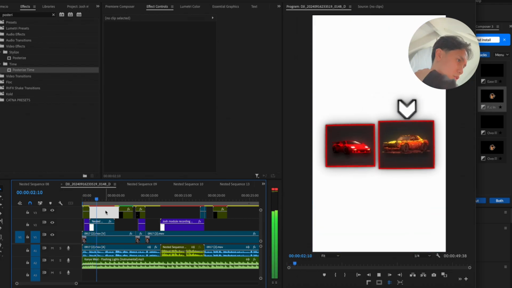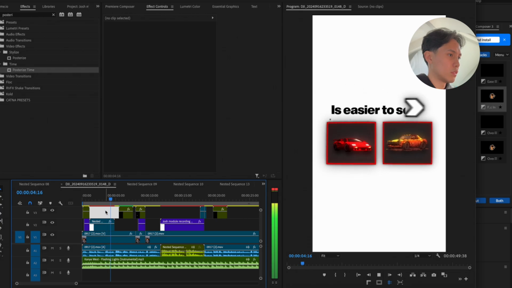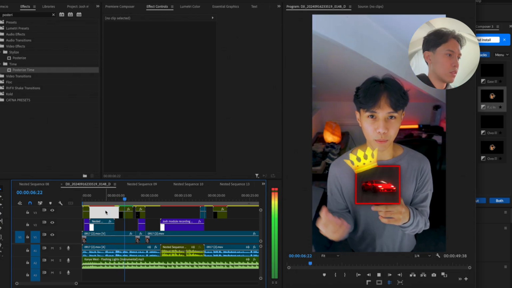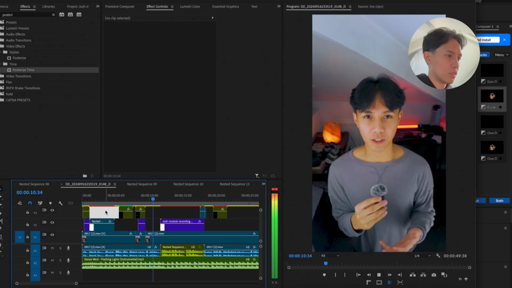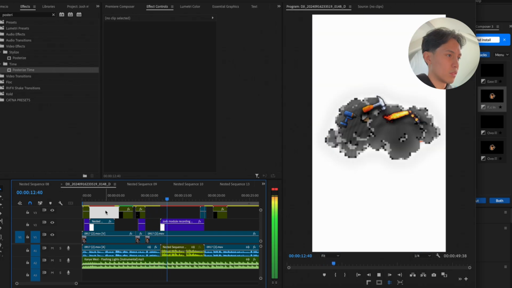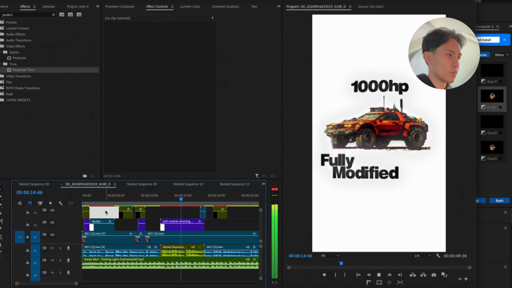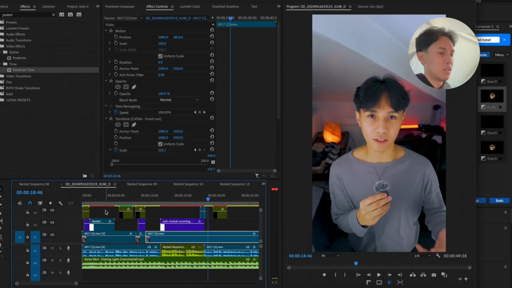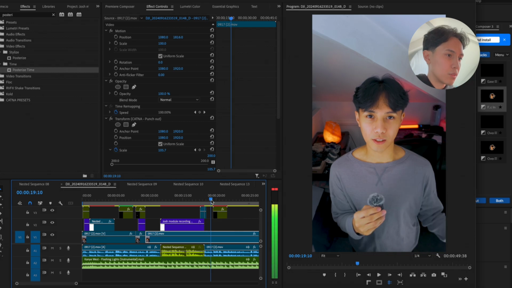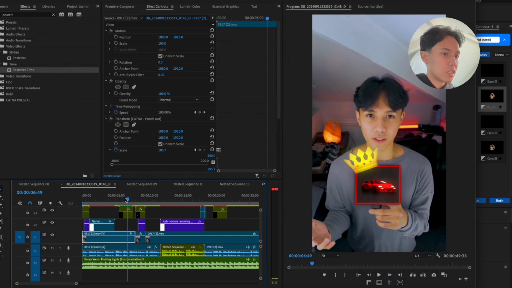Quick question. Let's say these two cars cost the same price. Which one is easier to sell? Well, isn't it obvious? It's the Lamborghini. And I bet you're wondering why the fuck would I even ask that? So let's make this question a lot more interesting. Let's say this piece of junk is fully modified and has 1000 horsepower, and the performance of the Lamborghini is super mid. Which one is